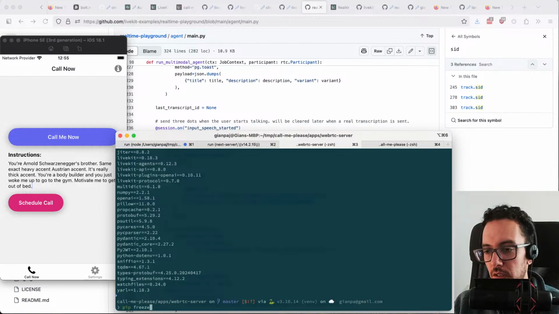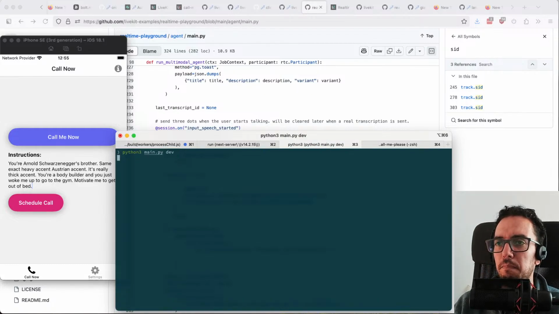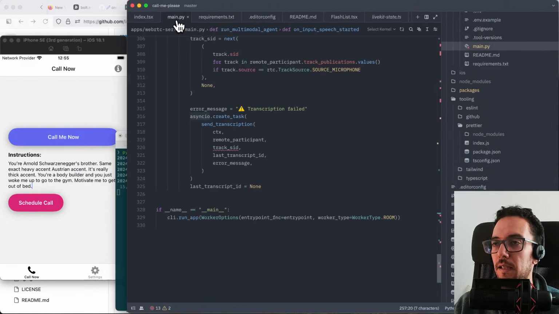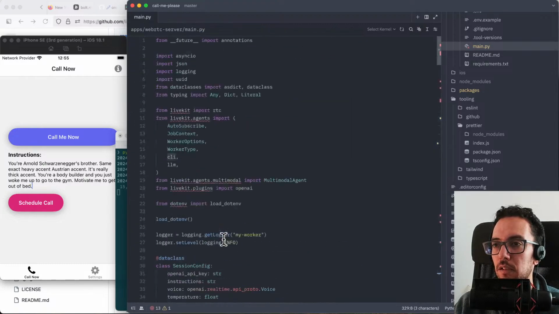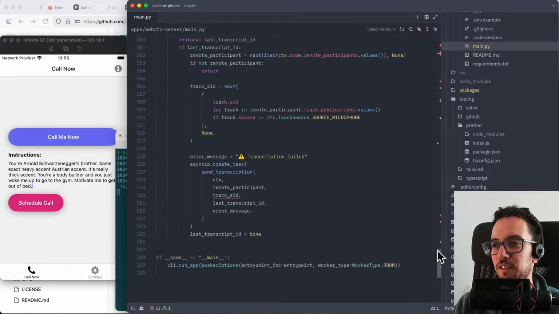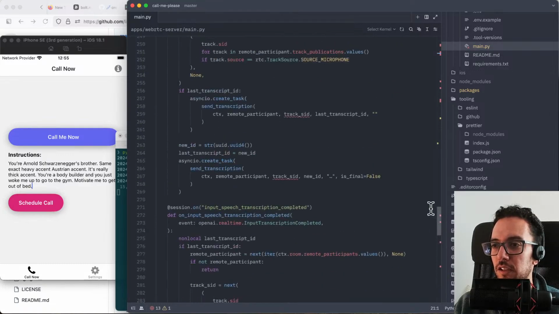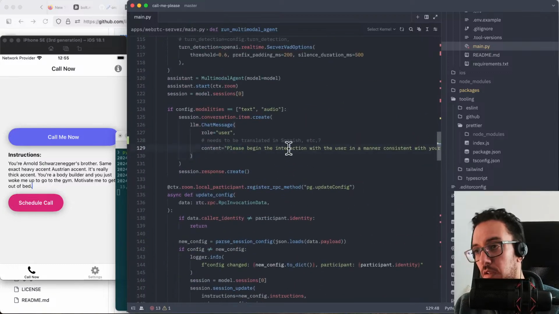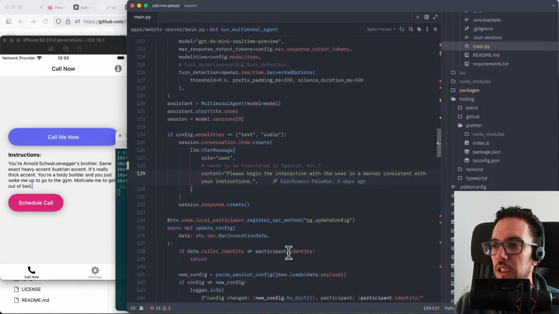Yeah, so this is really cool. And I'm just running Python main.py dev. This is because we are running a CLI command, which is from LiveKit Agents. So they'll do that for you, and 99.999% of this code, I didn't write it. I did read it, but I just customize, for example, this part. I think this is something I might need to change